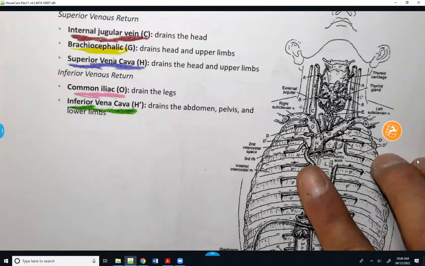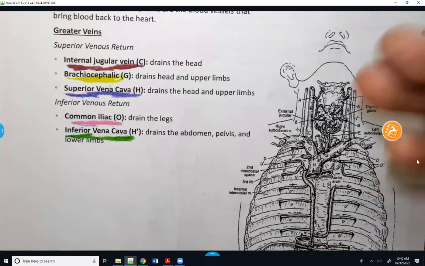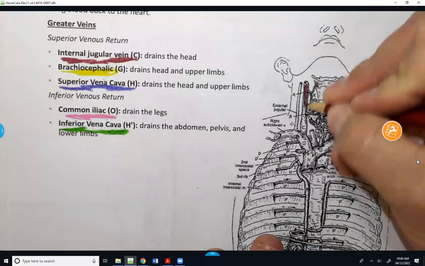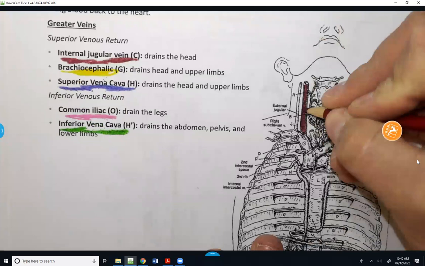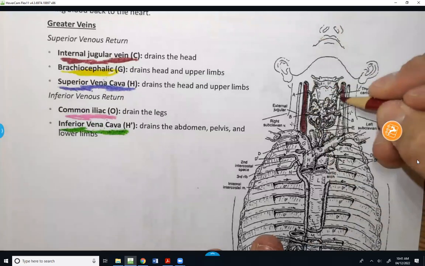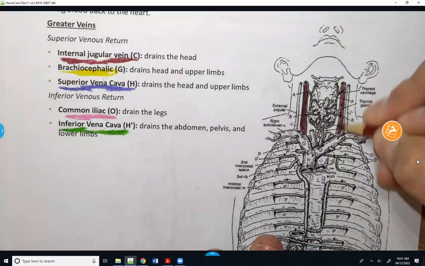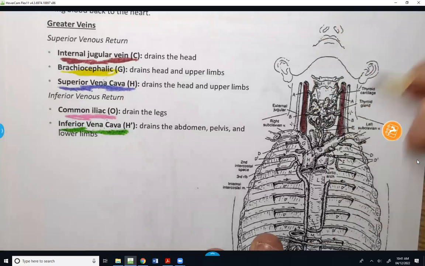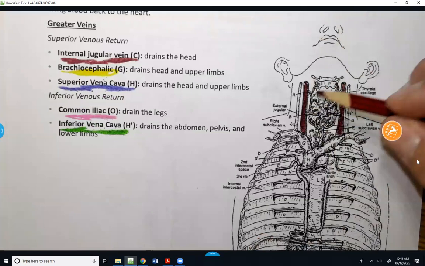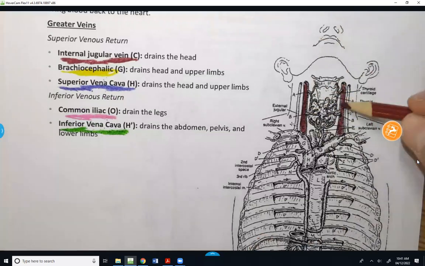Okay. Draining blood from our head and our neck is the very large internal jugular, which, if you hadn't guessed, there's also going to be an external jugular right there next to it that stays more superficial. These, I should say, because there's two of them, drain the blood that fed our brain. Okay. Those both lead to letter G,